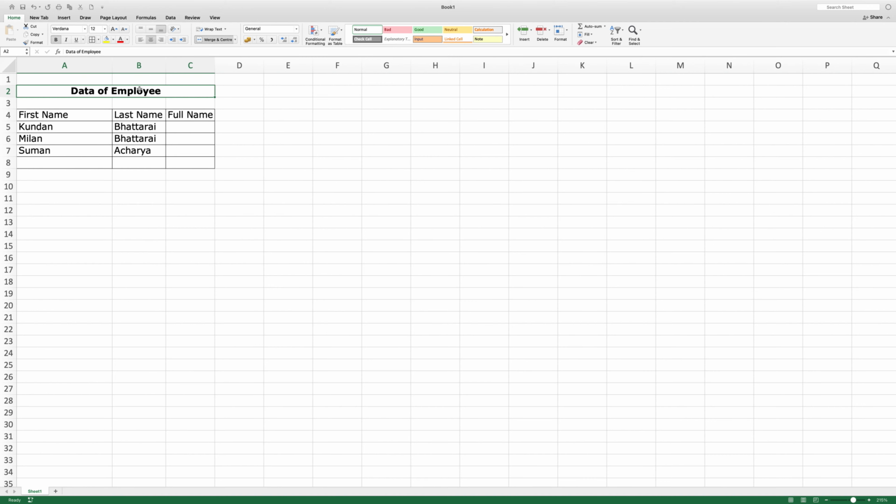If you want to unmerge, what you do is click on this down arrow and select this option, unmerge cells. And suppose if there is data on this second cell, for example A, B, C, and if you try to merge these two cells, then let us see what happens.